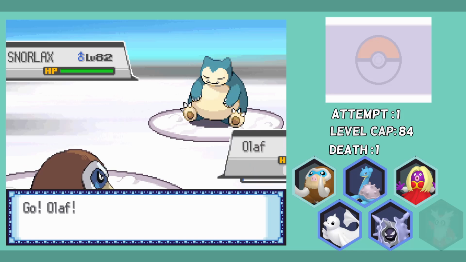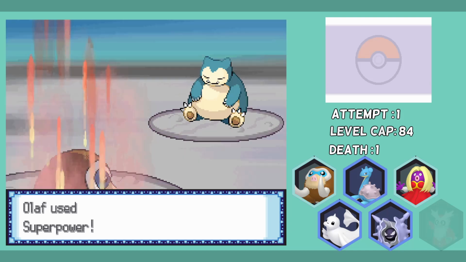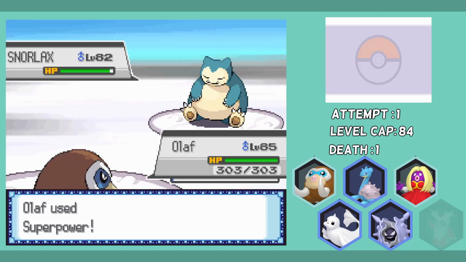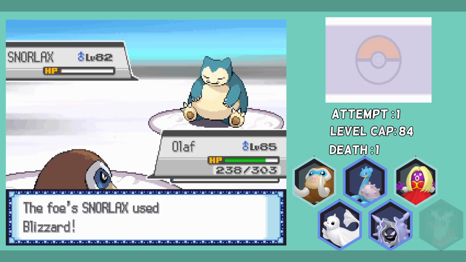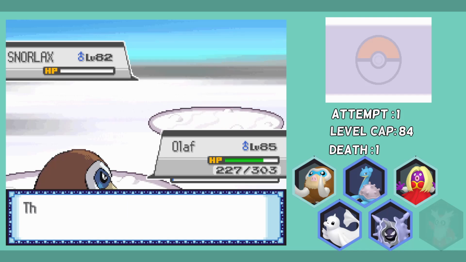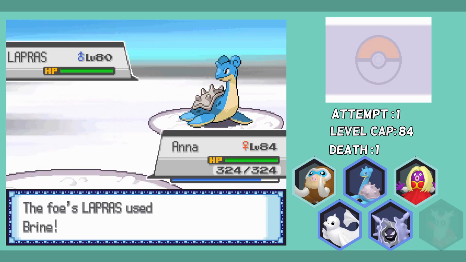Snorlax is out next, so I swap into Olaf. We avoid the Crunch because of our Snow Cloak on the swap in. That's absolutely amazing. We then fire off a Superpower, and this takes forever for the health bar to tick down, and it stops on a sliver of health. We then get hit with a 100% accurate Blizzard that doesn't do much damage, and then the Hail chip takes out Snorlax. This just leaves Red's Lapras, so I decide for a mirror match and swap in Anna, who takes